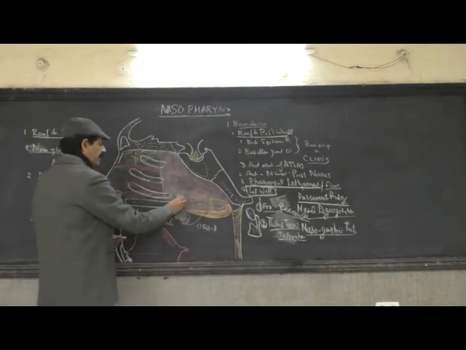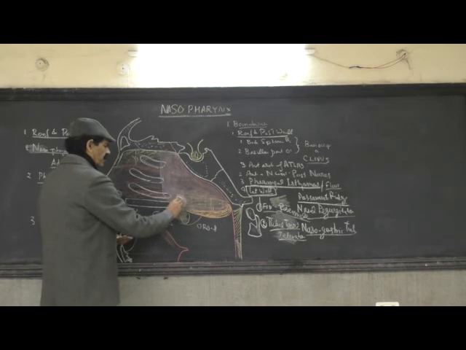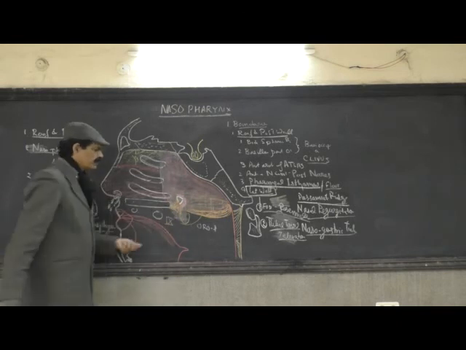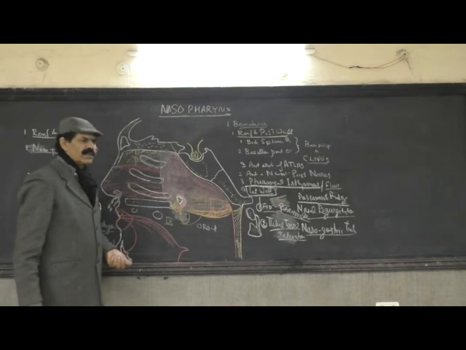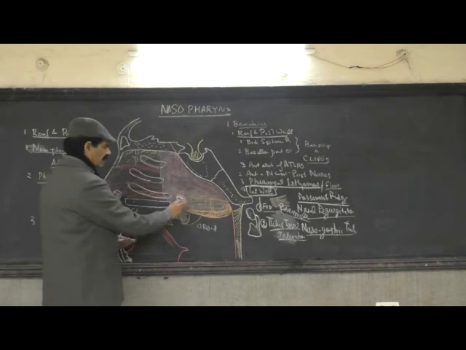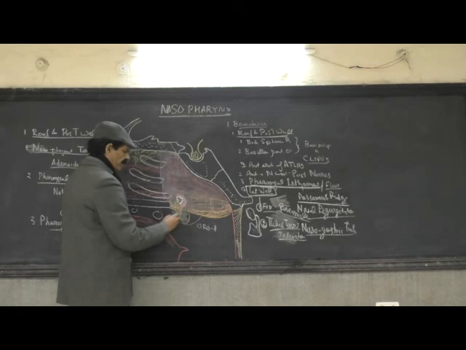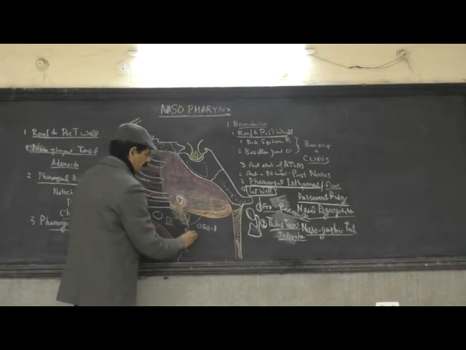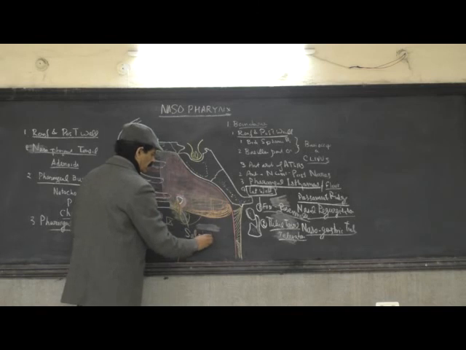Then in the anterior part of the opening of the eustachian tube, two muscles are going. One is vertically downward, the other is going towards the palate. So these muscles, the vertical muscle is called salpingopharyngeus muscle,